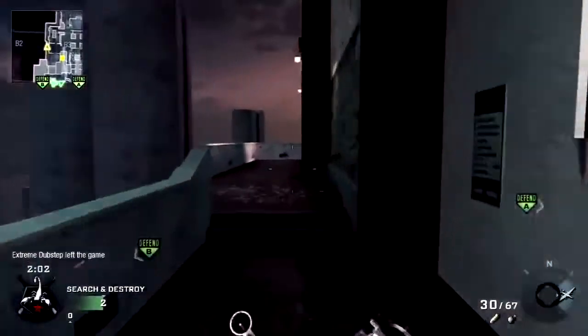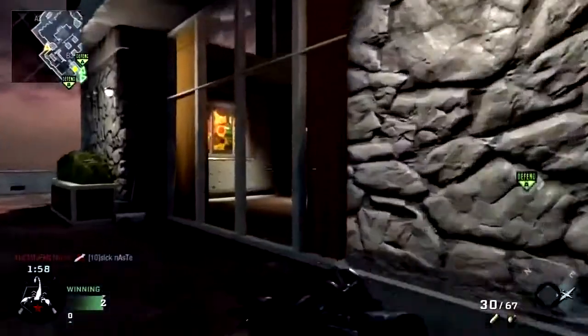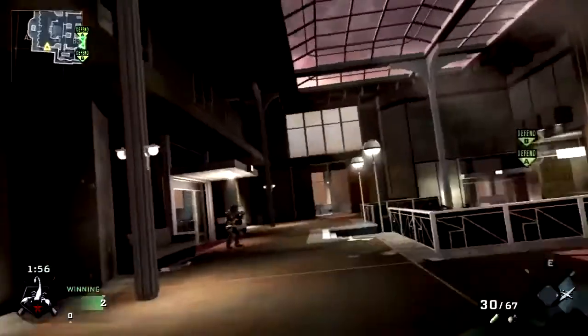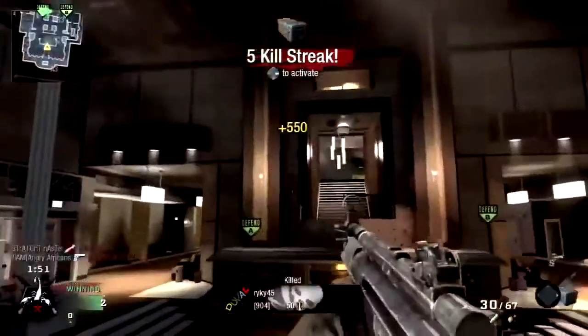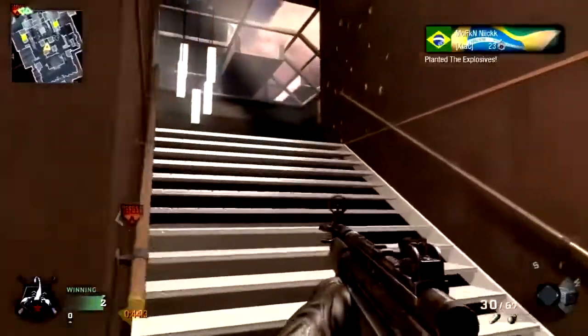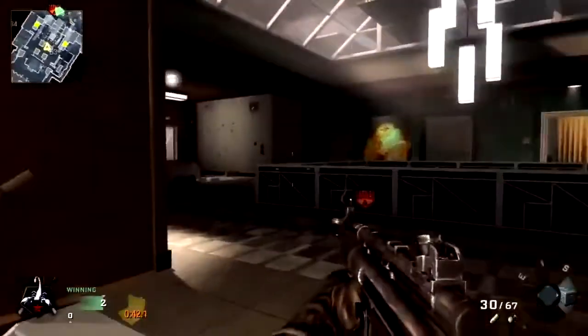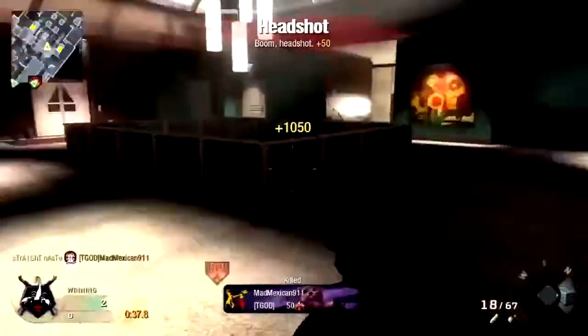There's usually 2 or 3 people. They love to rush that way. But make your way around to the back of the spawn. Check for people that's not playing, like this guy. And when you go up the staircase, I mean, it's 100% most of the time,